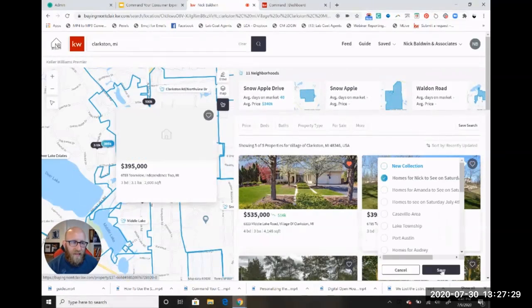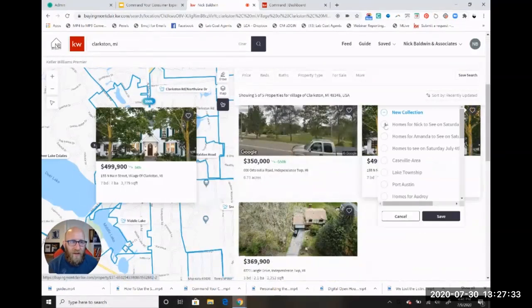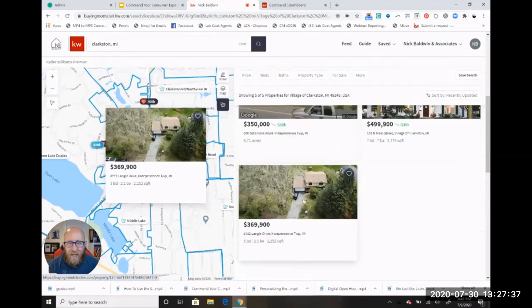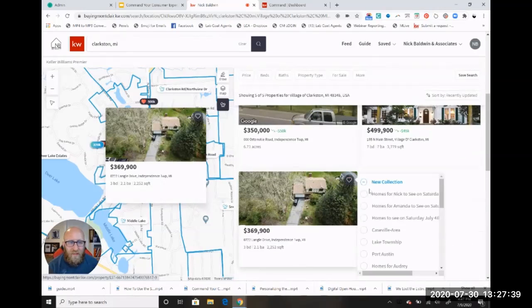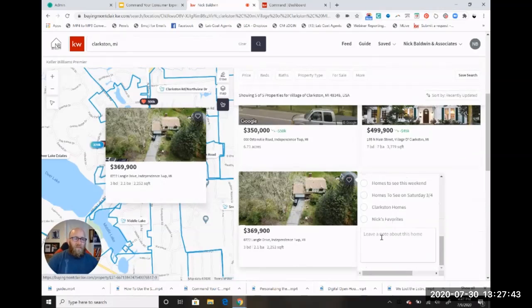Homes for Nick to see on Saturday. We'll save. And let's say I'm going to show him this one. Homes for Nick to see on Saturday. We'll save. But I also want Nick to know that this home has a wide open